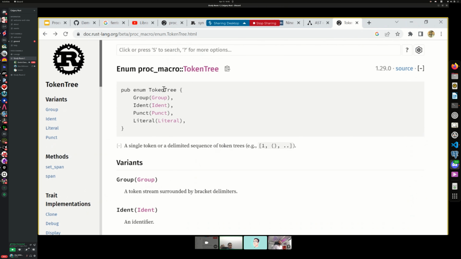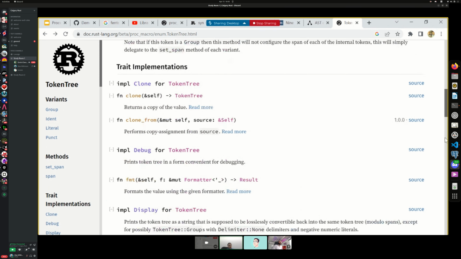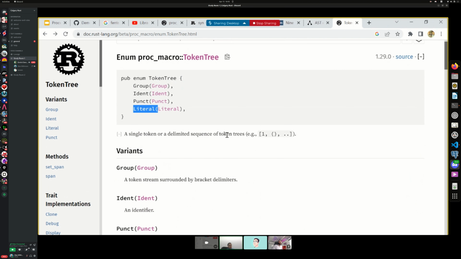And a group is one of the parentheses, square braces, or square brackets, one of these things. Identifier, punctuation, plus, equals, star, literal, string literal, or number literal, all these things. And that's more or less what it boils down to. It's just a sequence. Token stream is a sequence of token trees, and we can iterate over them